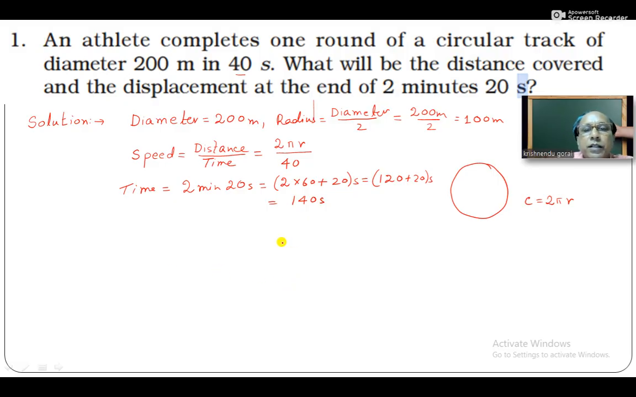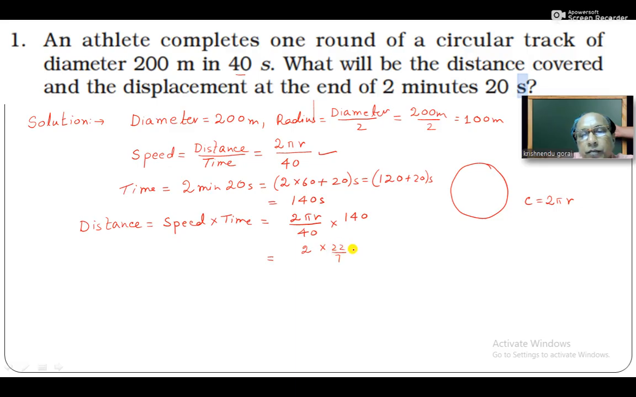Now, if you want to find the distance covered by the athlete, we know that distance is equal to speed into time. Here we found the speed as 2 pi r by 40, and the time is 140 seconds, right. I will calculate the value: 2, and the value of pi we know is 22 by 7,